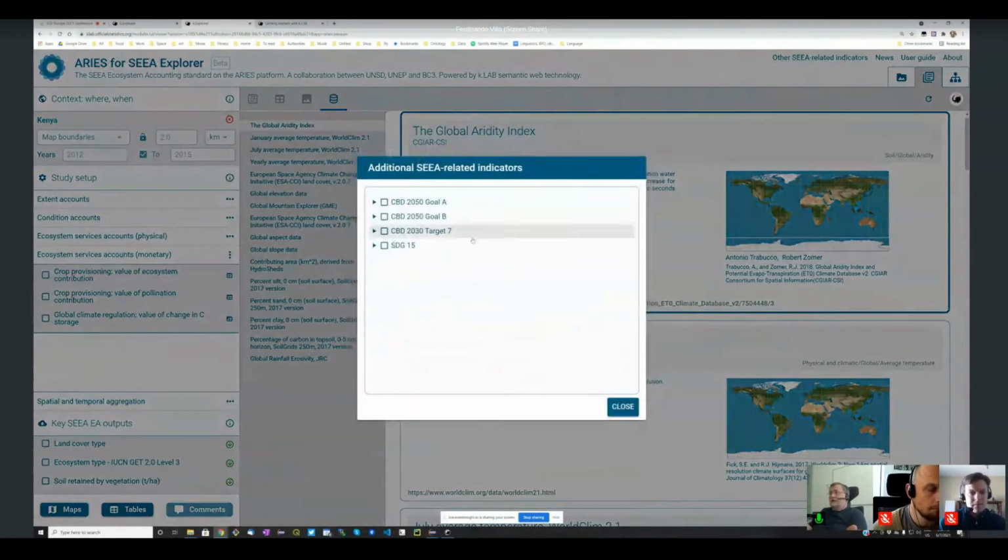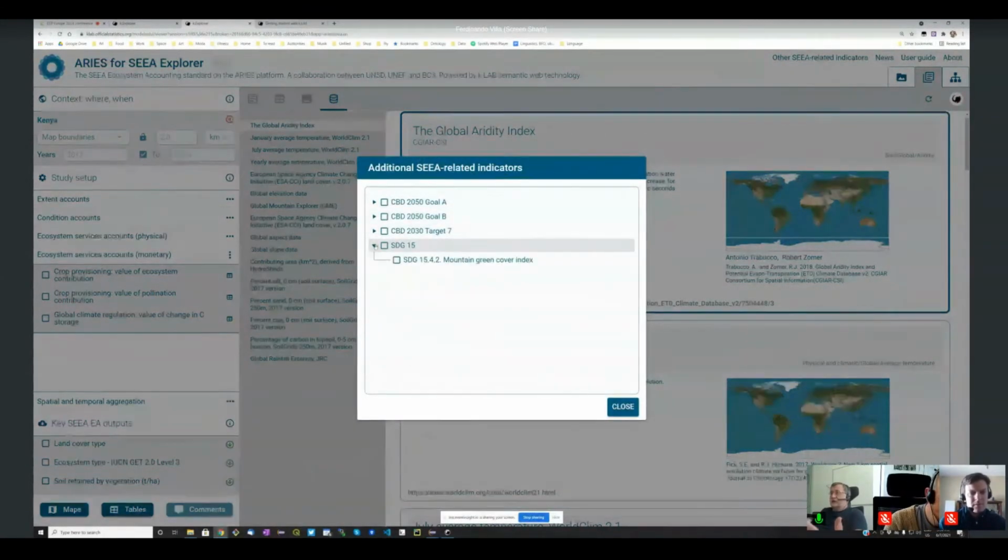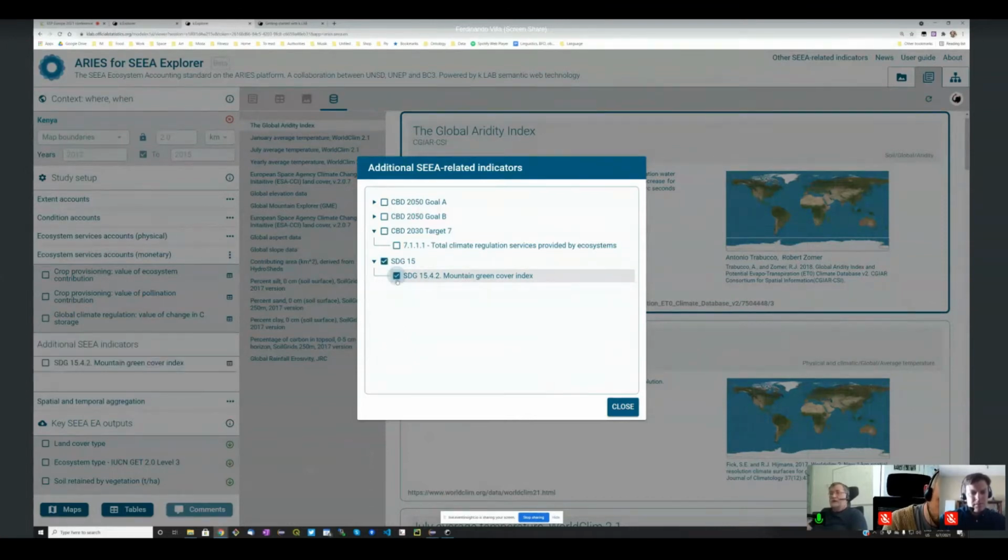And for example, here we have several indicators. We are actually moving towards a more comprehensive handling of the different SDGs. Obviously, there are tons of indicators there, but we are starting to build some of them. And if you click on here, you get a new menu there on the left, so that you have more buttons you can click.